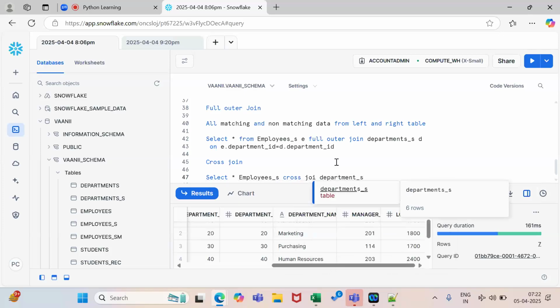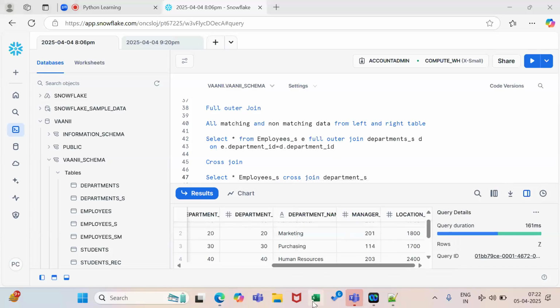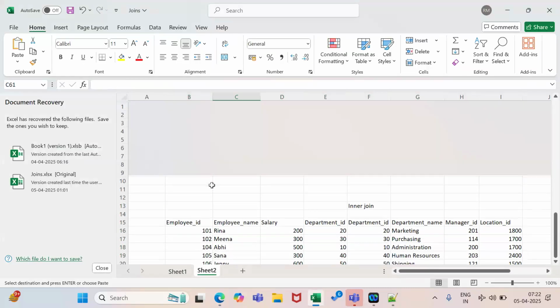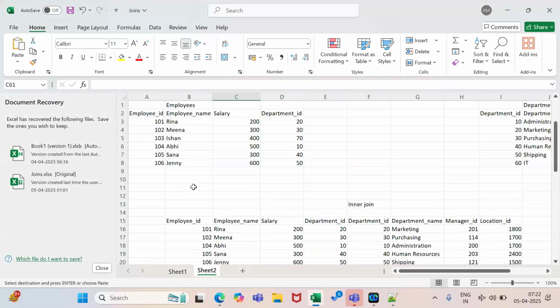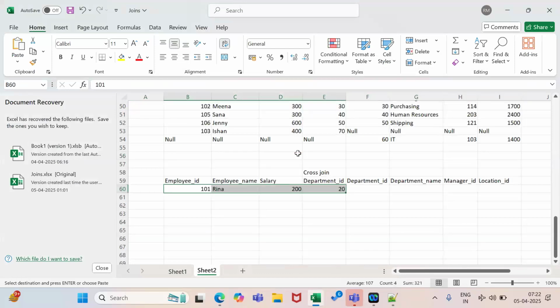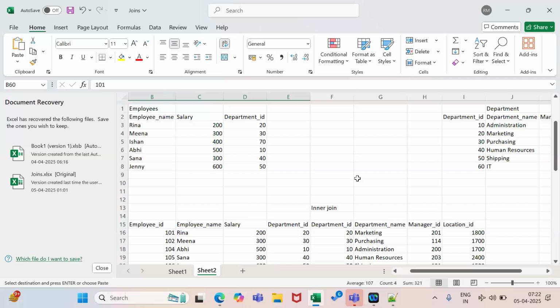Okay, how it works, let's see here. First of all, let's take one data from here. Okay, now how many rows are here? 6.